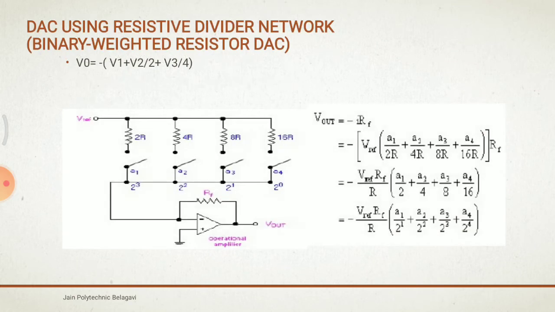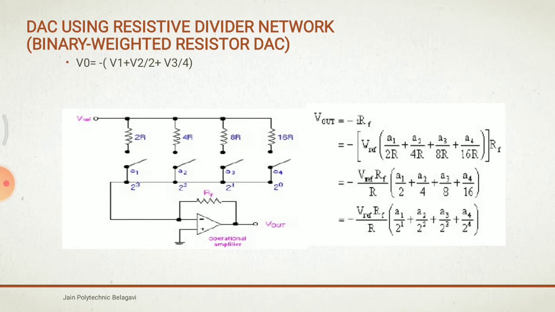First one, DAC using the resistor divider network, binary weighted resistor. We are naming it as a binary weighted resistor DAC, digital to analog converter. This binary weighted resistor DAC involves the characteristics of the inverting summer op amp, or a summing amplifier. In this type of digital to analog converter, the output voltage is the inverted sum of all the input voltages. So if the input resistor values are set as multiples of 2, that is R, 2R, 4R, like that, 2R, 4R, 8R and 16R.